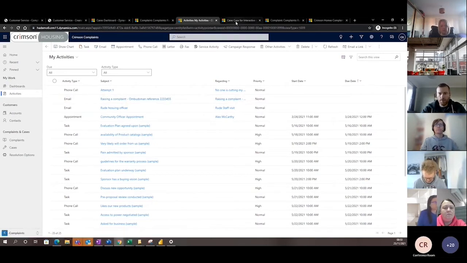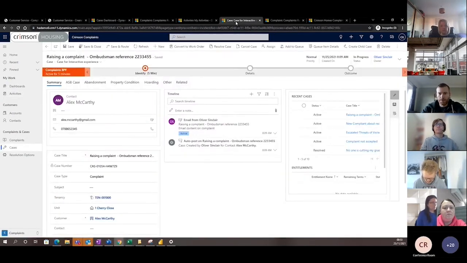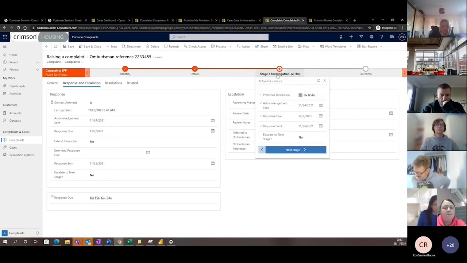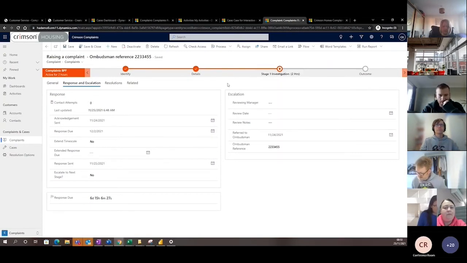Now, a bit of a Blue Peter moment. I've gone ahead and found the case from Alex, and the fact that we've actually done a stage 1 investigation for Alex, and we've already issued an acknowledgement, and the preferred resolution is fixing a boiler. I think Alex is very happy with that, and it looks as though we're going to need to escalate to the second stage. What you can also see here is there's some space for the ombudsman reference,